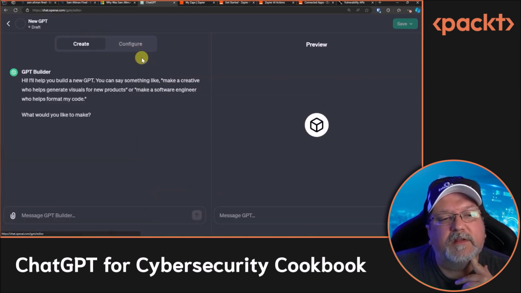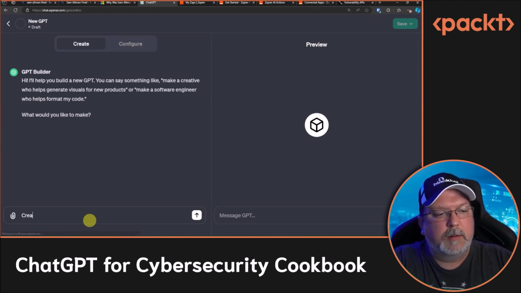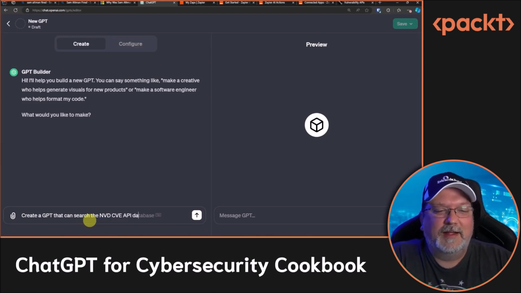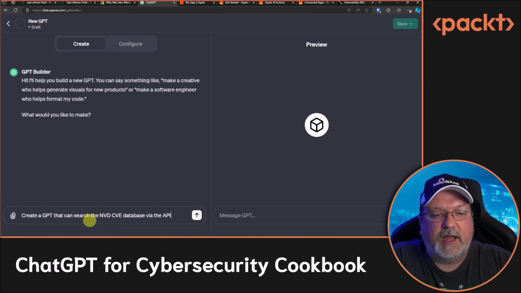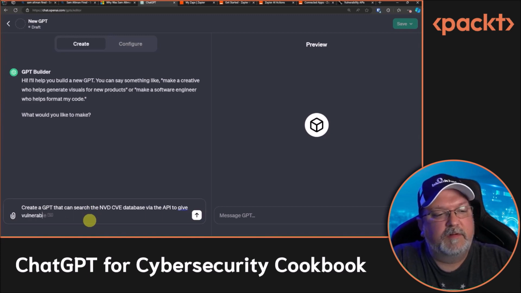I don't know if it's going to let me here, but create a GPT that can search the NVD CVE API database via the API to give vulnerability data. The user will